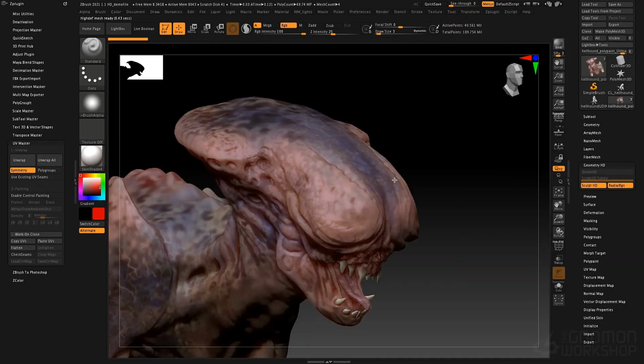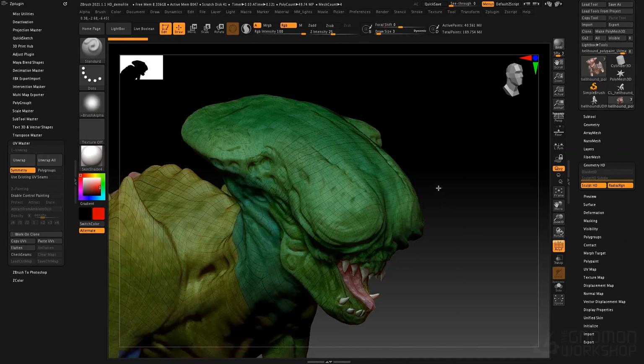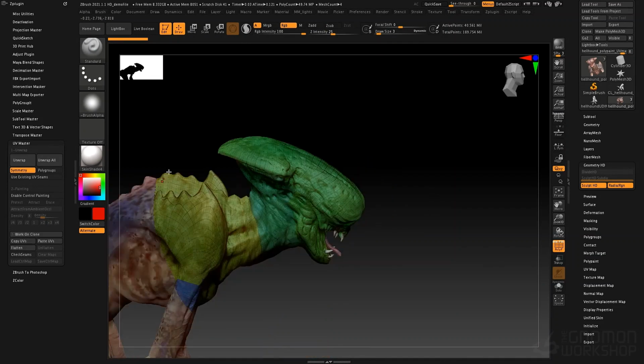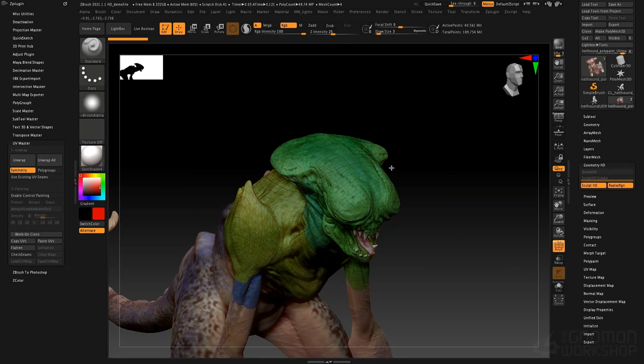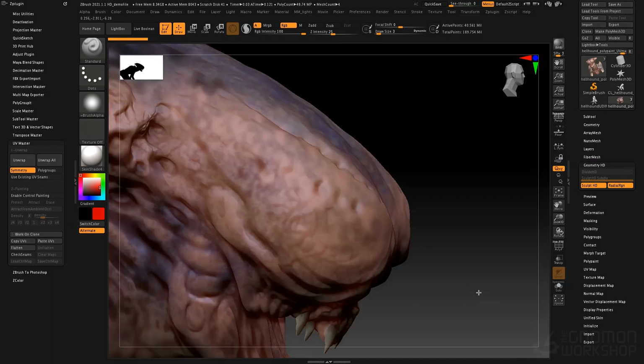So if we look here, let's turn on frame mode and see if we can't spot the edge of our region. There it is right there. That's the edge of our region. That's our radial region that we're able to work in. That's the maximum number of polygons that ZBrush is allowed to show us. I can't sculpt or paint outside of that area,